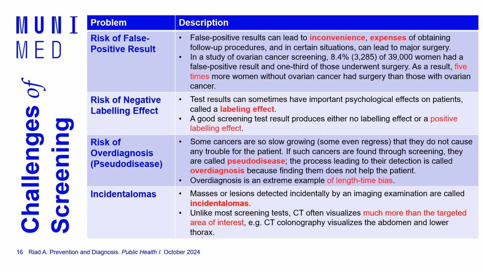The third problem is called the risk of overdiagnosis or pseudo disease. What does it mean? It means that you have found a disease that is not really a disease. A good example for this is prostate cancer. Prostate cancer is a disease that is usually commonly found among young males. So young men can experience increased levels of PSA, which is prostate specific antigen, and these increased levels could indicate a high risk of getting prostate cancer in the future.